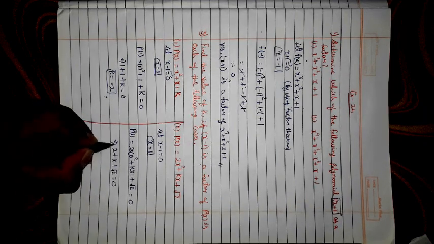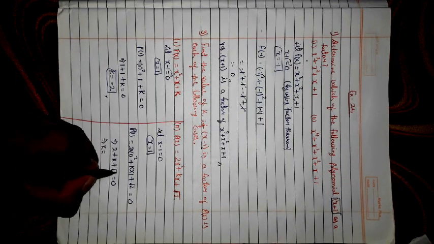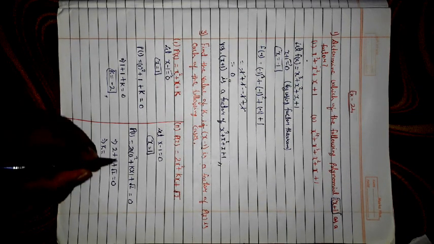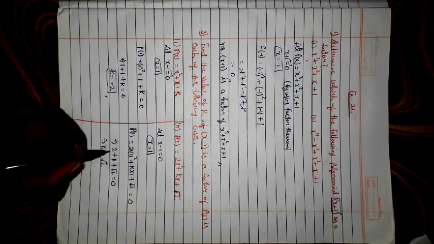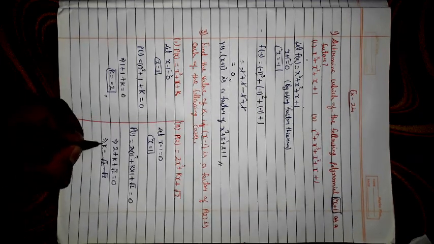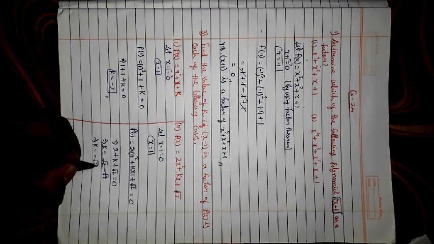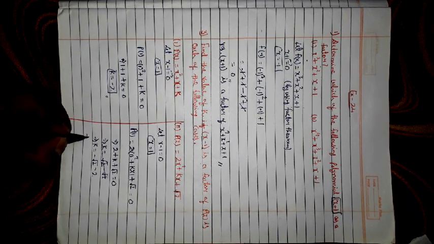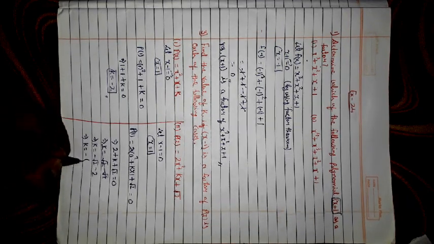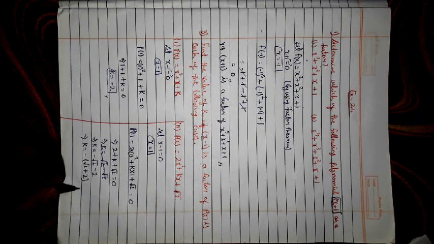So finding k, we need to shift these two things. So k would be equal to, first I'll shift root 2, or instead of root 2, first you can shift 2 and 2. So sorry, it would be what? k equals minus root 2 and something minus 2. So minus can be taken out as common, so minus is common, so it would be root 2 plus 2, or you can say 2 plus root 2, whatever.